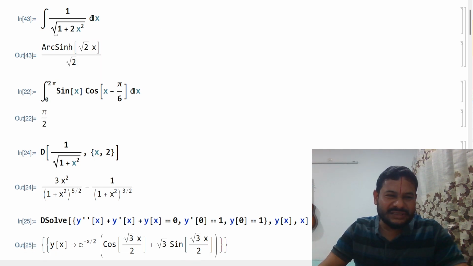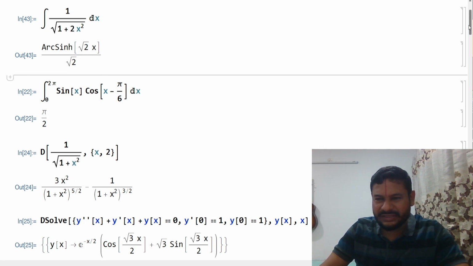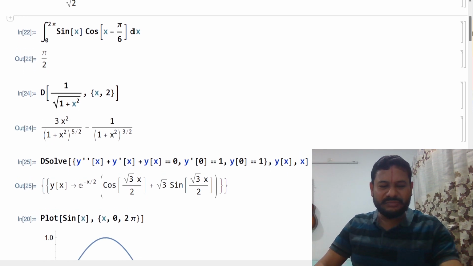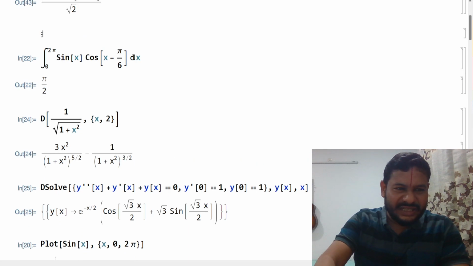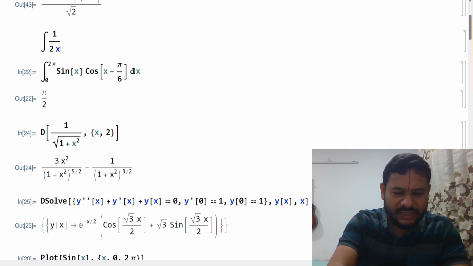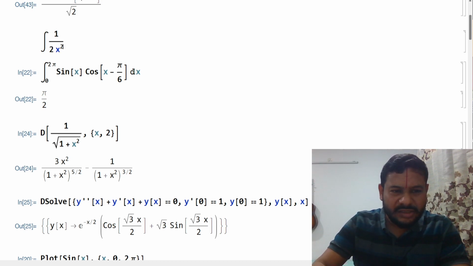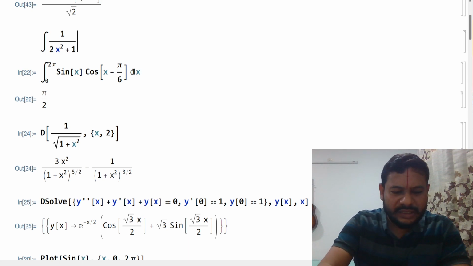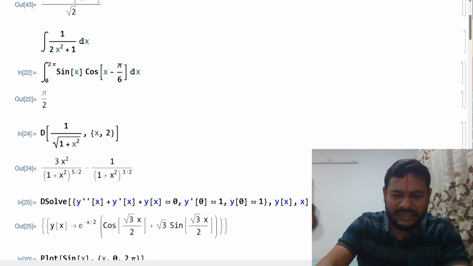Now suppose instead of this I change this integration a little bit, or maybe I can do one more integration. Let us say I am inputting a fresh integration. So for putting integration in symbolic language, I am pressing escape, int escape, to get an integration sign. And let us say I am doing 1 upon 2x square, 2x and control caret 2x square plus 1 and escape dd escape x to get this type of x, and then I press shift